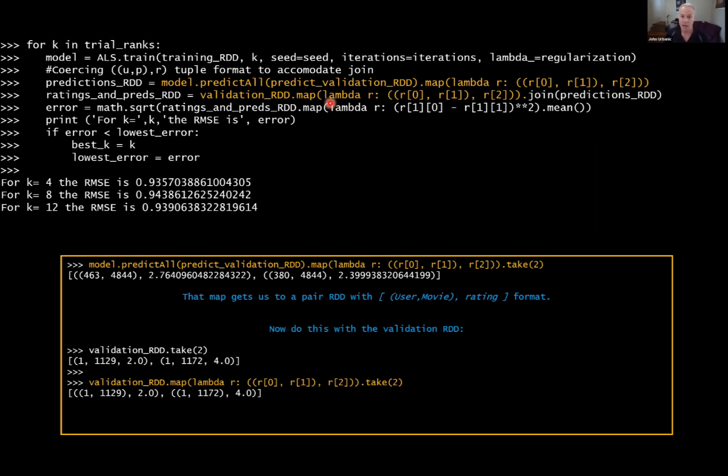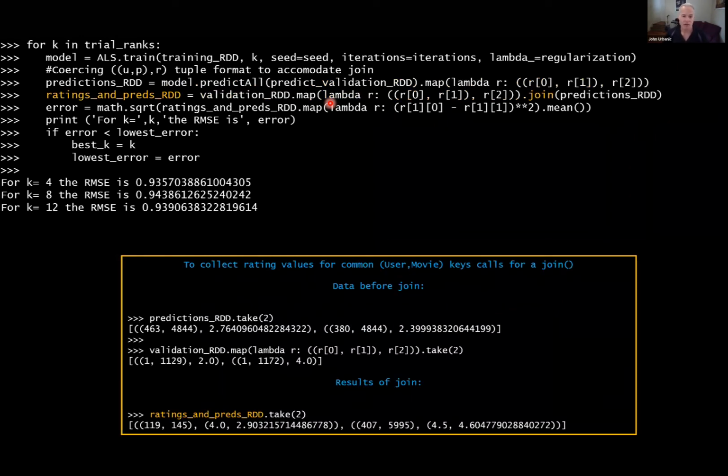And once we've done that, now we find ourselves with a couple pair RDDs, and we want to somehow combine them. And again, if you never heard of join before, you'd still want to find yourself doing exactly that. You want to say, I want to find all the common key value pairs between these two and combine them. And I want to throw out all of the data where there isn't a common key value pair, right? The movie predictions could be a lot of things that we didn't set aside in the validation data set. So this is going to grab just the validation data set, and it's going to pull aside all the ones where we have common predicted ratings and common given ratings, star ratings from the user. And so we do the join, and boom, there we are.